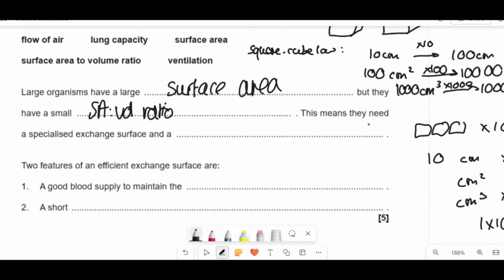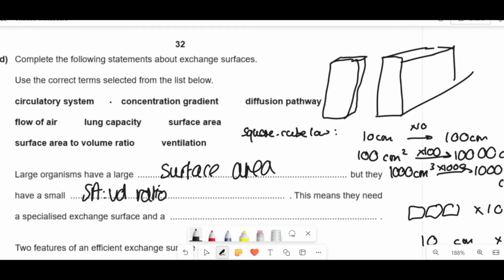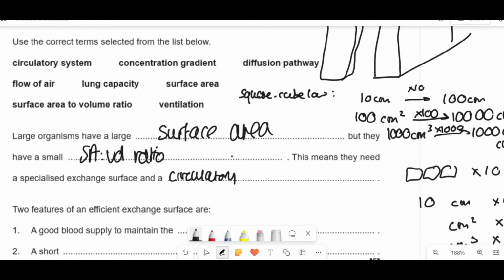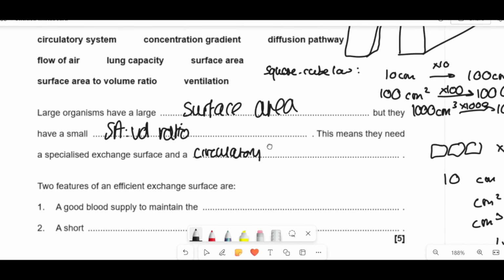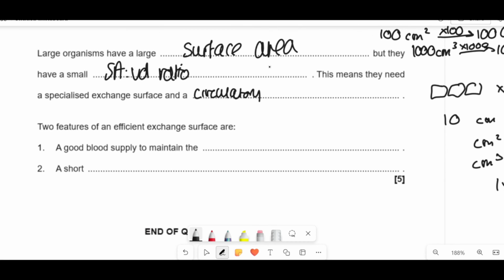They also need, so this means they need a specialized exchange surface, and what options do we have? We need a circulatory system, because we need to actually get things around. So we bring oxygen in and CO2 out of the lungs, and we need to get it around the body. Two features of an efficient exchange surface system are a good blood supply to maintain the concentration gradient, and